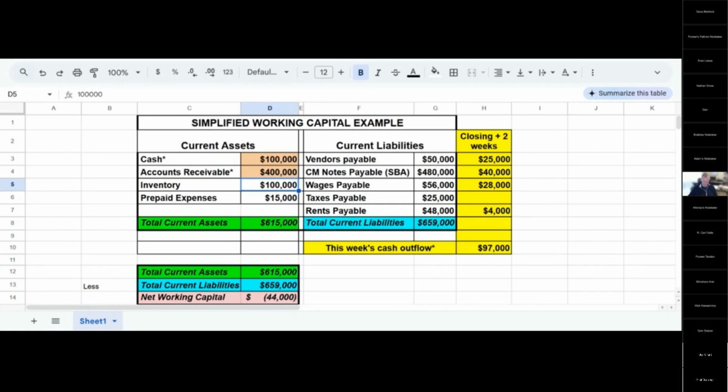So the key point is that any of those situations can rapidly consume your liquidity. You may have to make some pretty quick decisions about how to preserve your liquidity. It may be a combination of putting a full court press on building revenue, building a backlog, and it may also mean trimming some of your staff, some of your workers. And those are hard decisions, but you need to make sure you're considering everything you need to do to make sure the company preserves its liquidity. Any questions on that, guys? Okay.